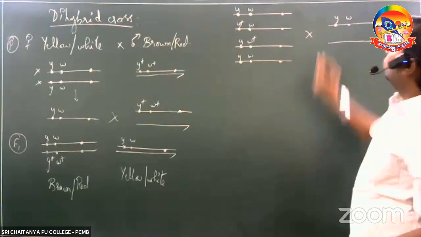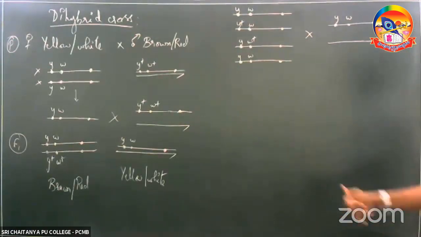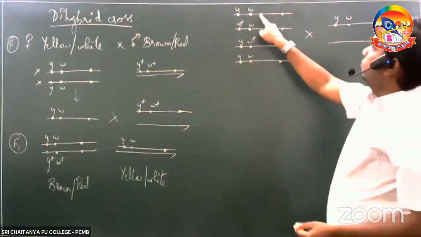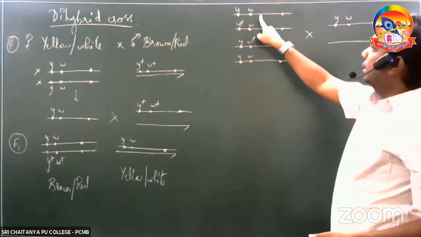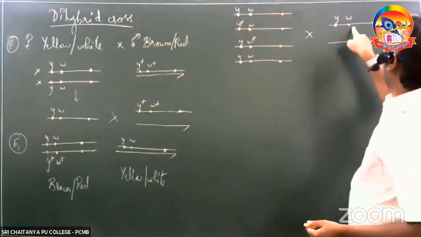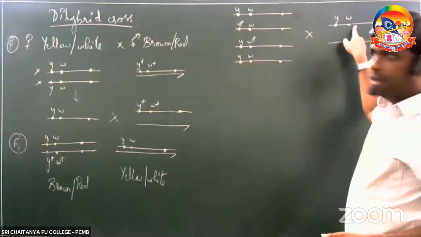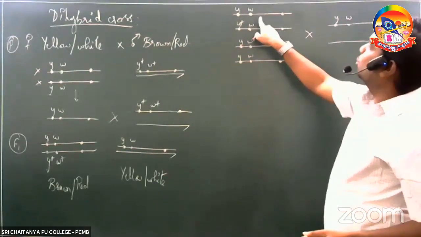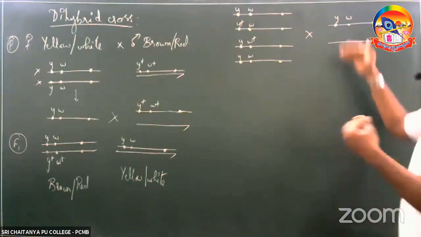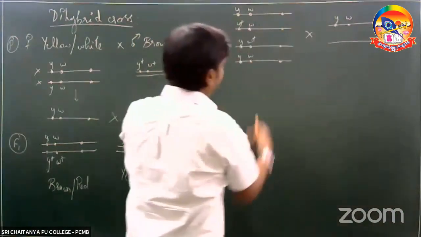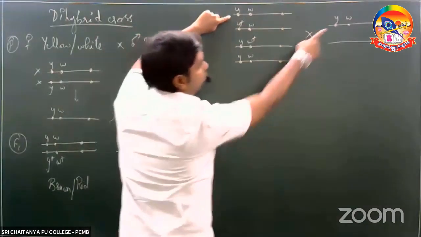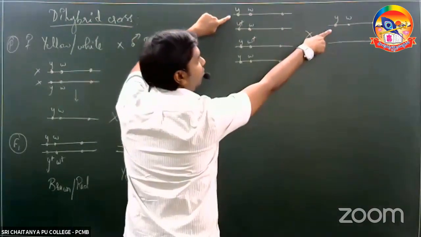Now when these 2 are crossed, we would be getting the F2 generation. So let us start making the cross. First, this first X chromosome containing female gamete would be crossed with the X chromosome containing male gamete. Similarly, the same X chromosome containing the female gamete would be crossed with the Y chromosome. So let us take up the females first and then the males.